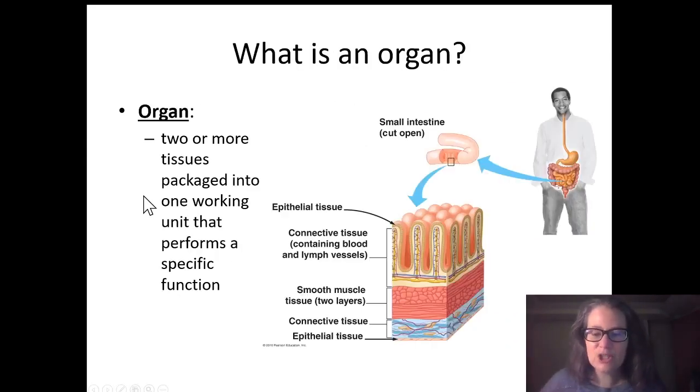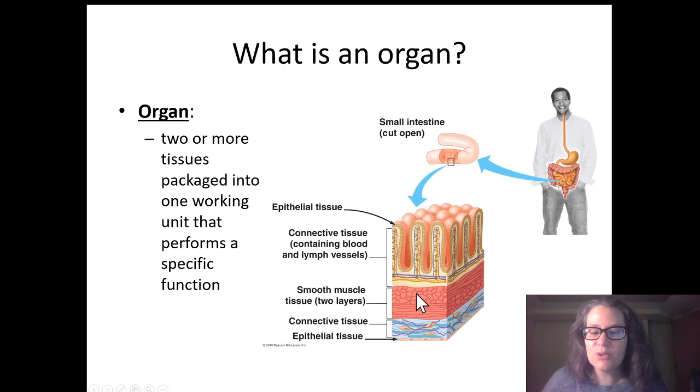If we take two or more tissues and package them together so that they have a coordinated function, we get an organ. So two or more tissues working together is an organ. Over here, I show the small intestine. You can see that it has an epithelial tissue on the outside where food passes. Just underneath that, you get blood to take in your nutrients, lymphatic tissue to clean up any bacteria that's come in. You have some smooth muscle layers to coordinate movement from mouth to anus so that your food is moving down your digestive tract, and some connective cushioning and epithelial on the outside of this organ as well.